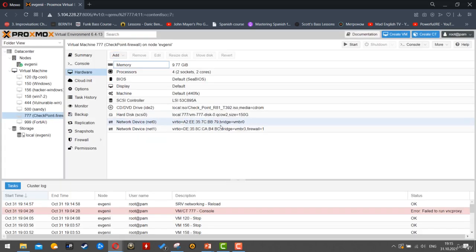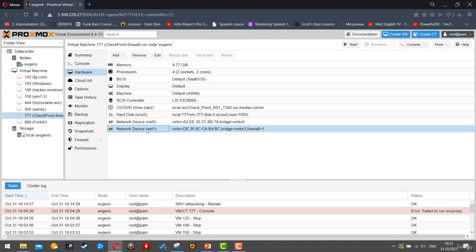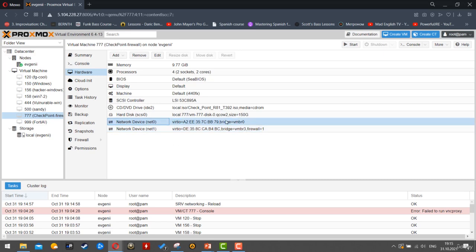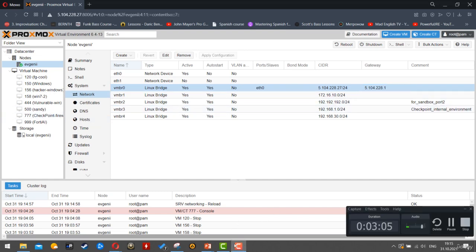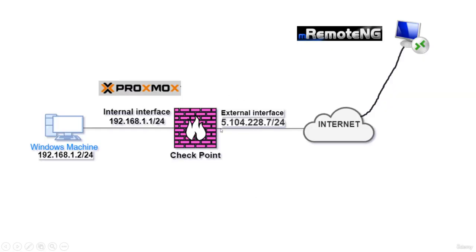Over here now we have two network devices, net0 and net1, and as for the subnet in which they are located, net0 is located in a bridge which is connected directly to the internet with a gateway address 5.104.228.1 to get out to the internet. So I'm using that as my external interface over here. This is my external interface, and when I actually deploy a machine, I'm going to use that address to manage my Checkpoint device sitting right here,